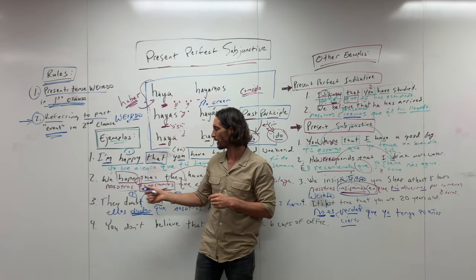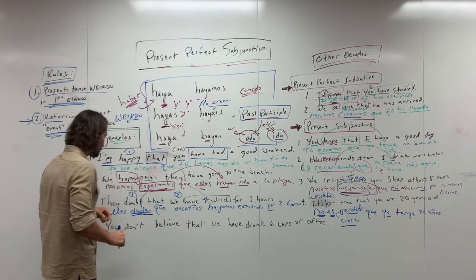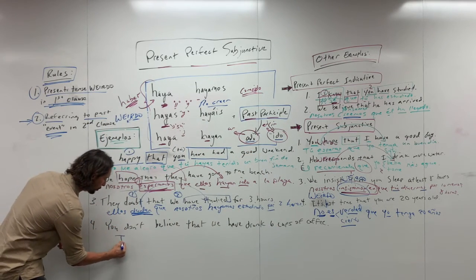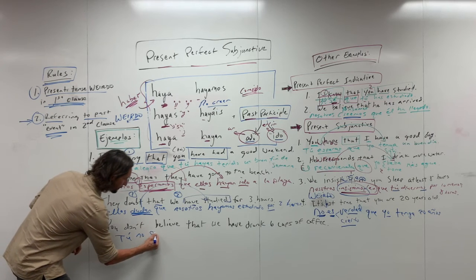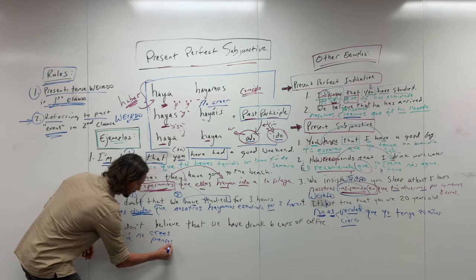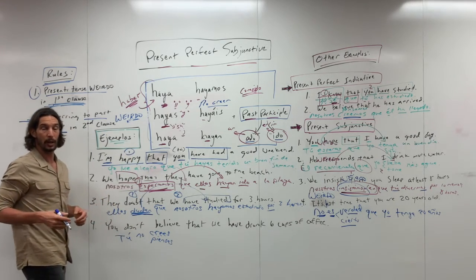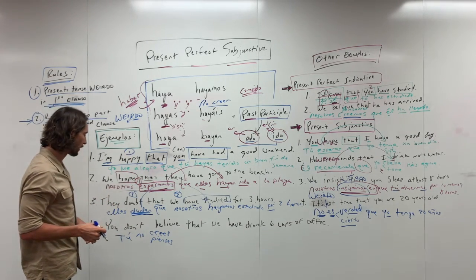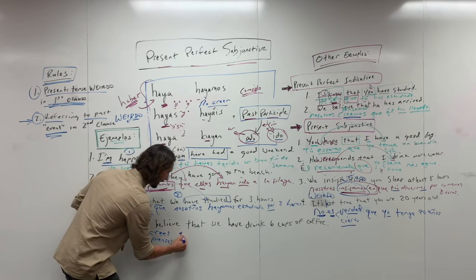So be careful with that. And so you don't believe, so tú no crees, or for that matter, we could do piensas, right? Because no pensar also becomes a weirdo. So tú no crees, or tú no piensas que